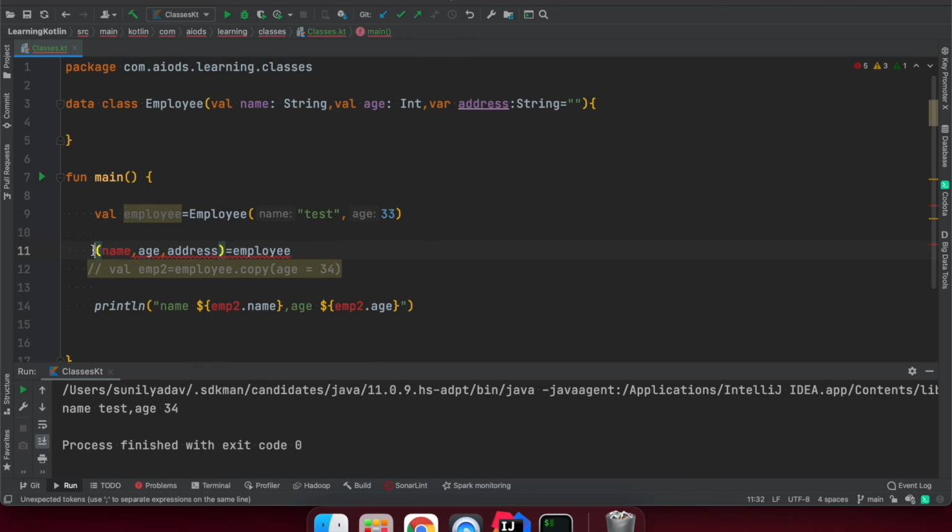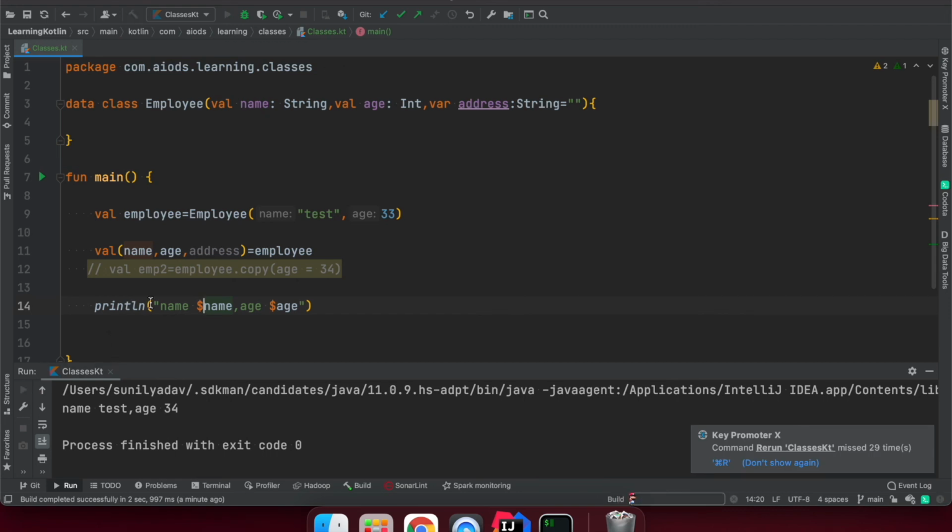Now we can see this is the same, I'm getting all the data here. I can directly refer to name, age, and run it. We don't need to use curly braces if we have only one field. It is going to print name test, age 33. So this way we can destructure the object into individual fields.